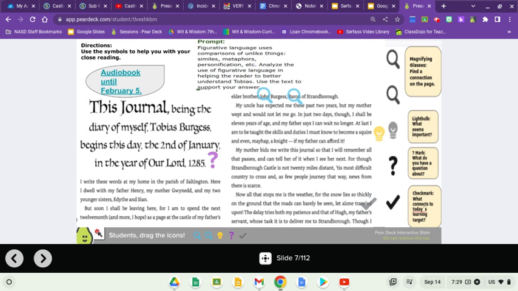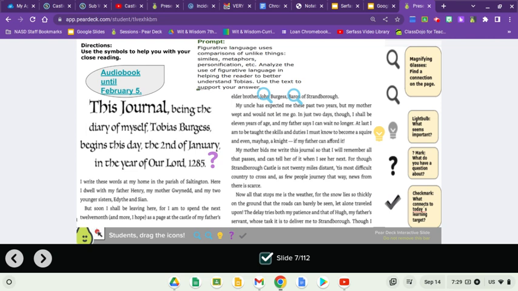My mother bids me to write this journal so that I'll remember all that passes and can tell her of it when I see her next. For though Stramborough Castle is not 20 miles distant, 'tis most difficult country to cross, and as few people journey that way, news from there is scarce. Not all that stops me is the weather, for snow lies so thickly on the ground that roads can barely be seen, let alone traveled upon. The delay tries my patience, and that of Hugh, my father's servant, whose task it is to deliver me to Stramborough. I don't see any figurative language on this page,